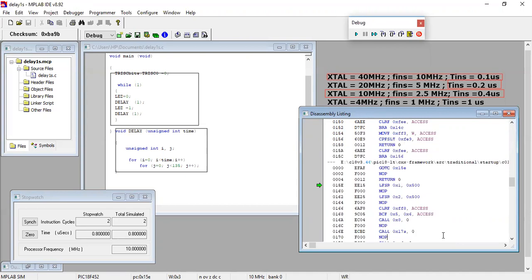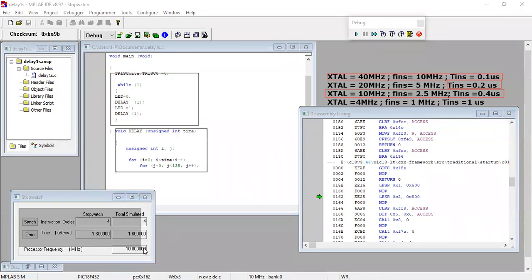I'm not going to explain it because I've already done the assembly language programming tutorials, but I'm going to run these codes line by line. You can do that using the step into command in debug. I'm going to press it. Since I pressed it one time, you see that instruction cycles are being executed. For every line executed, the equivalent number of cycles are increased in the stopwatch. If you are unable to see it, let me highlight this area for you.